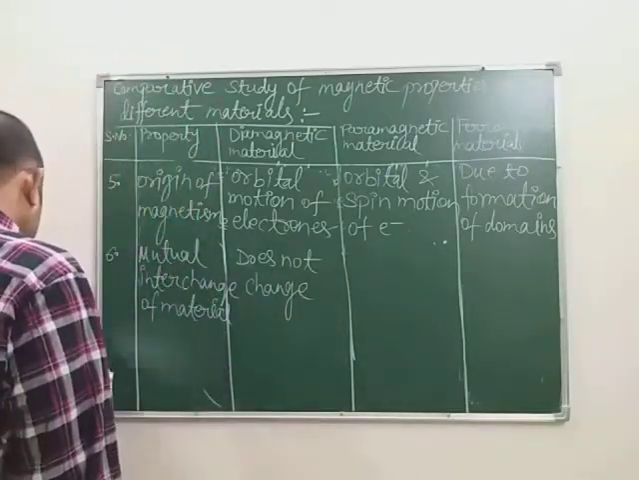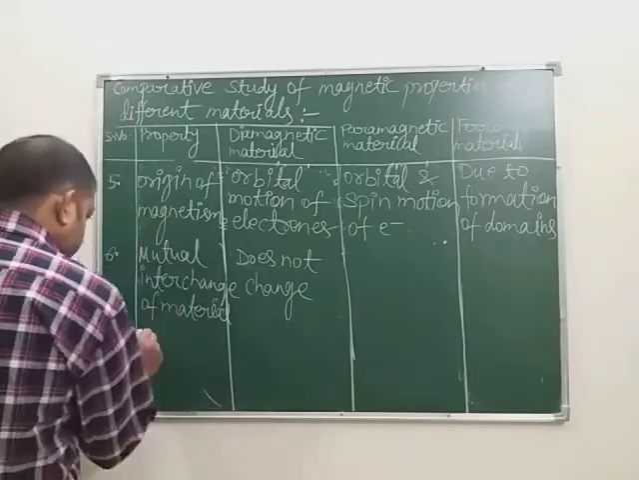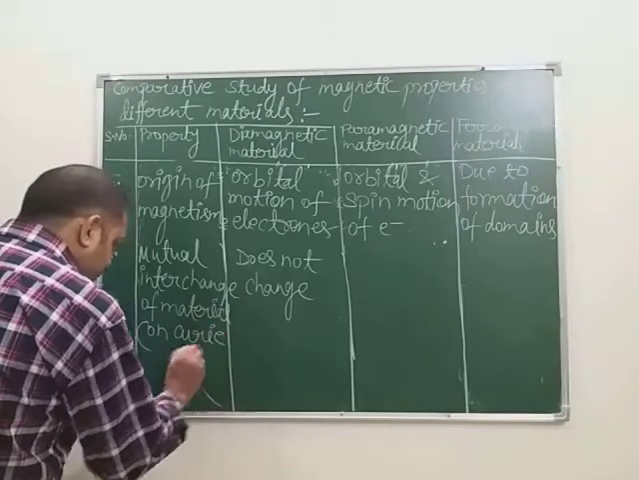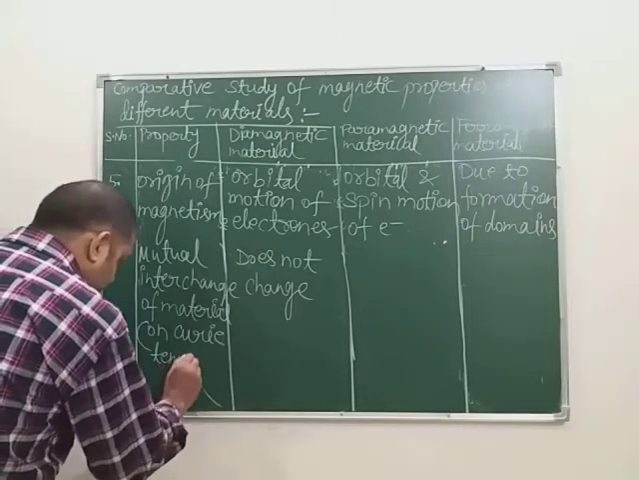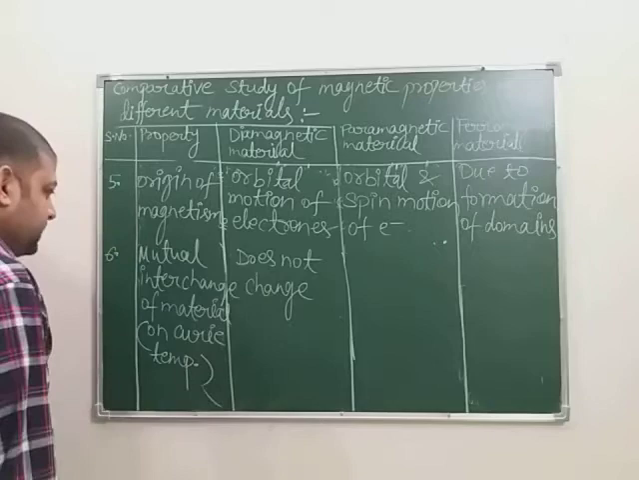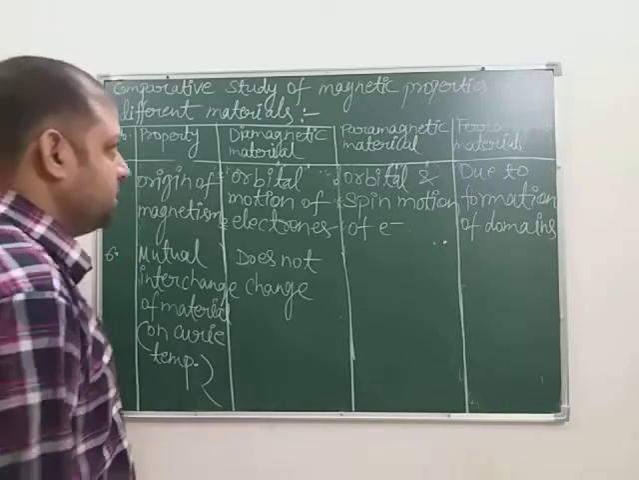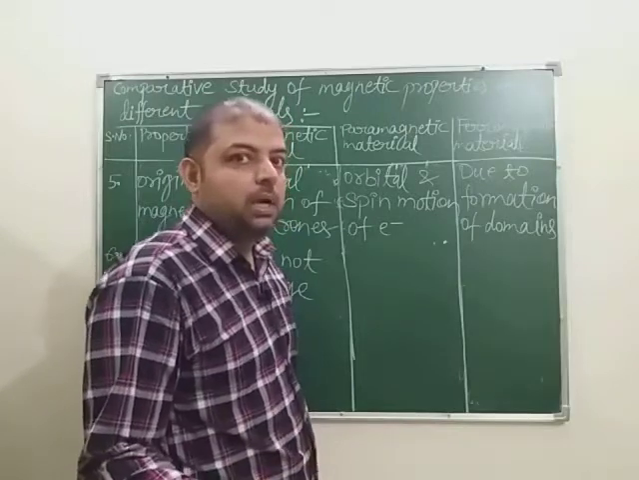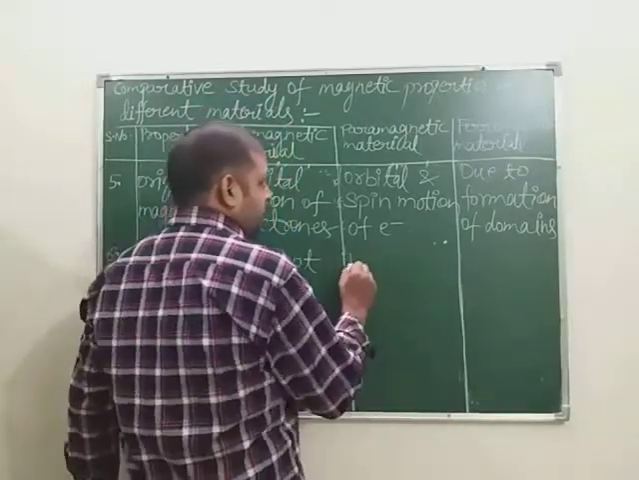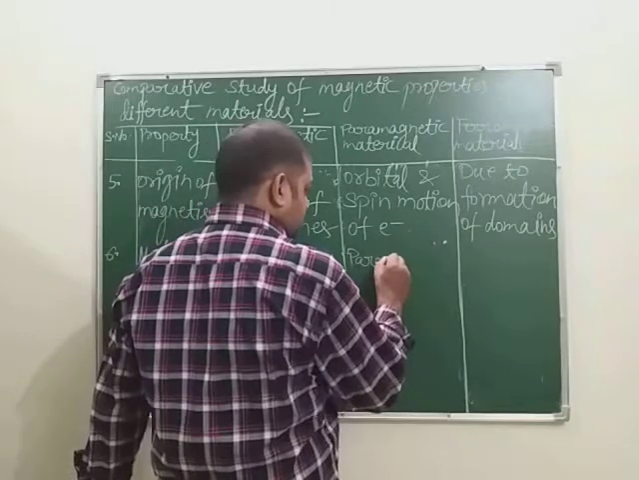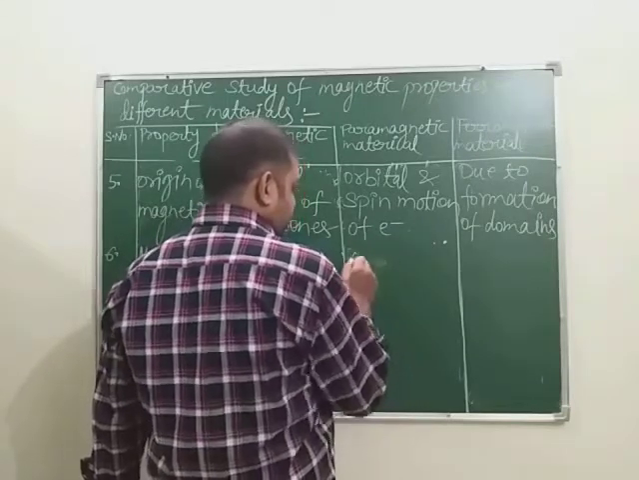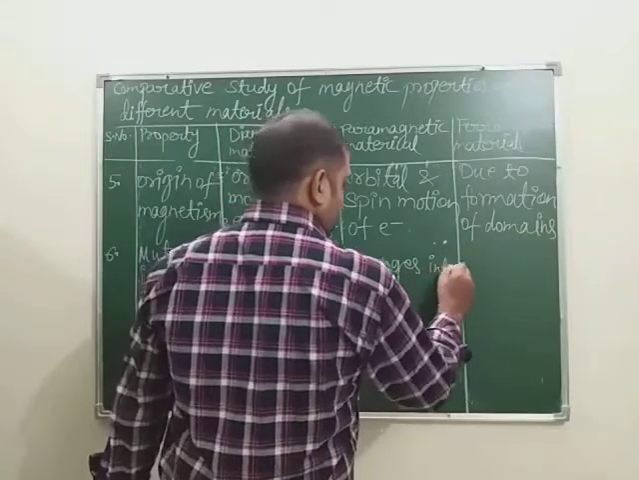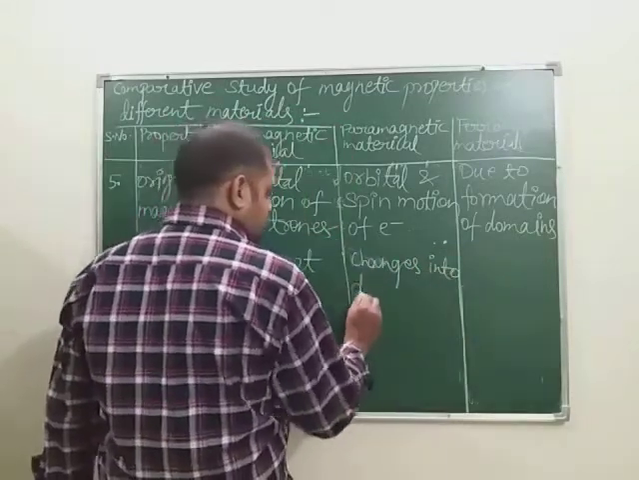Mutual interchange of material, write this also: on Curie temperature, the diamagnetic property doesn't change. A paramagnetic substance changes into a diamagnetic substance. Paramagnetic is already written, so write directly: changes into diamagnetic